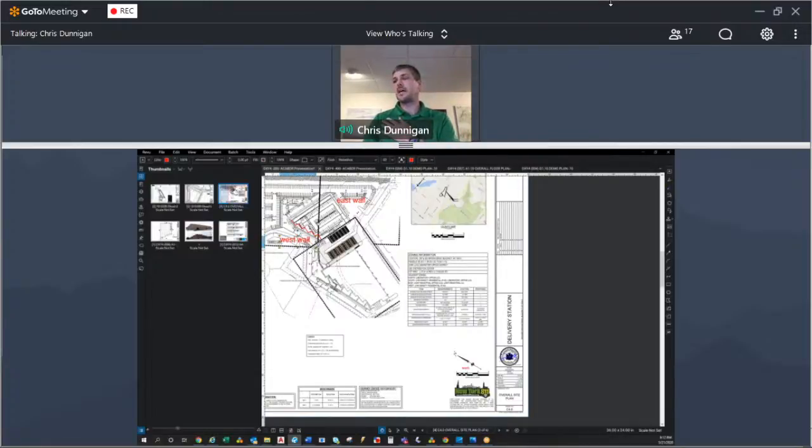Our next application is for Amazon delivery at 400 Orangetown Drive. So I'll let you guys take it from here again. But I will save you guys my technical difficulties and just let Scott walk you through the plans. Same spiel as before. We're mostly concentrating tonight on the main goal, the functionality of the building, so the doors, anything that needs to be used, and we can certainly discuss any questions regarding paint. So, Scott, please take it away.